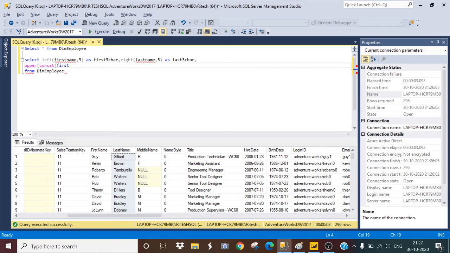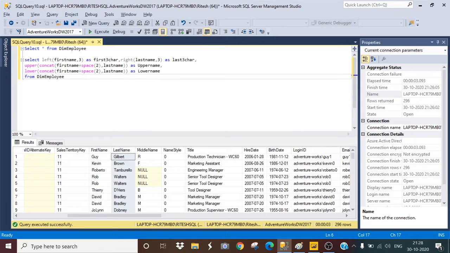So it will be first name plus space, the length of the space will be 2, last name. Then comma lower concat, first name plus space, last name. I will alias this column as upper name and this one as lower name.